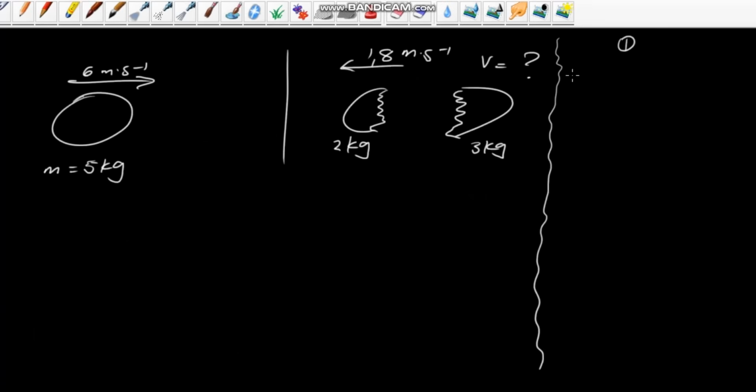So we decide object 1 has mass 1, let's say 2 kg, and then the final of 1